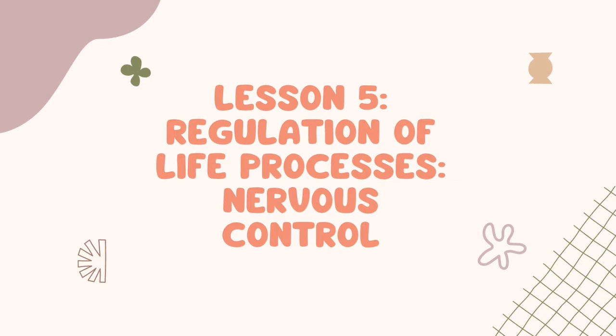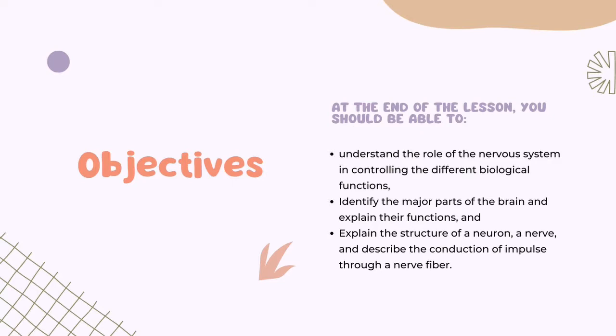So for today we're going to have another discussion. This is all about the nervous control, specifically the nervous system. Okay, so we have here our objectives. At the end of the lesson, you should be able to, number one, understand the role of the nervous system in controlling the different biological functions. Number two is to identify the major parts of the brain and explain their functions. And number three is to explain the structure of a neuron, a nerve, and describe the conduction of impulse through